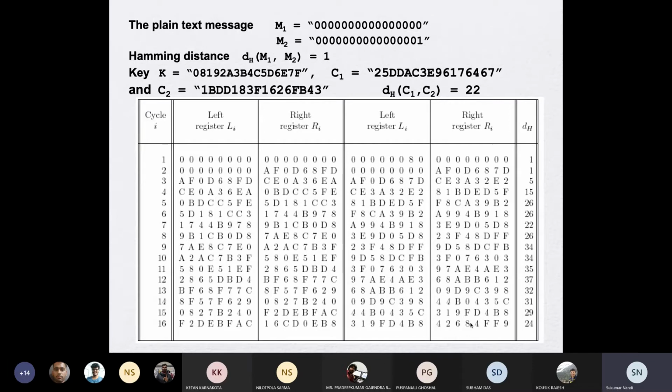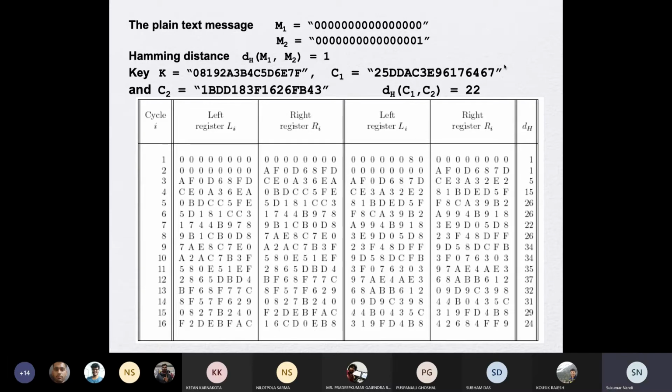Here the key used is 0, 8, 1, 9, 2, 3 and so on. It's a specific key pattern, but any key you can use. If I use this key and the all 0 message and encrypt, I will get 2, 5, D, D, A, C, 3, E, 9, 6, 1, 7, 6, 4, 6, 7.